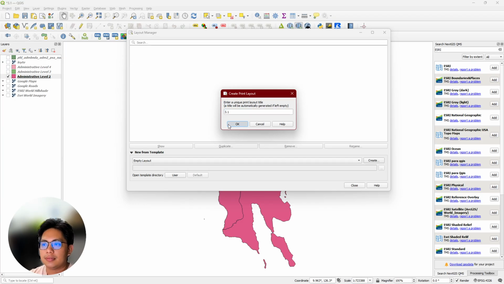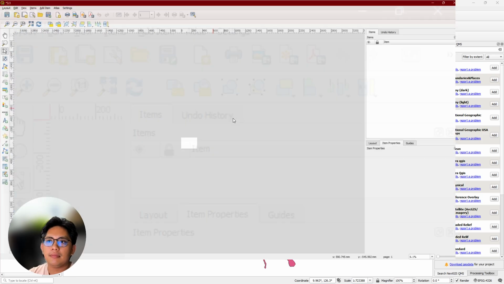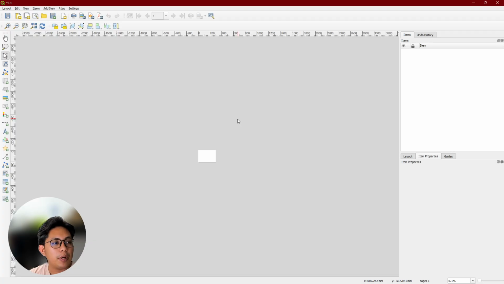3.1. You will be prompted with a new window. So this is now your project layout window. Same pa rin na approach. You have your toolbars, but it's now a different view.